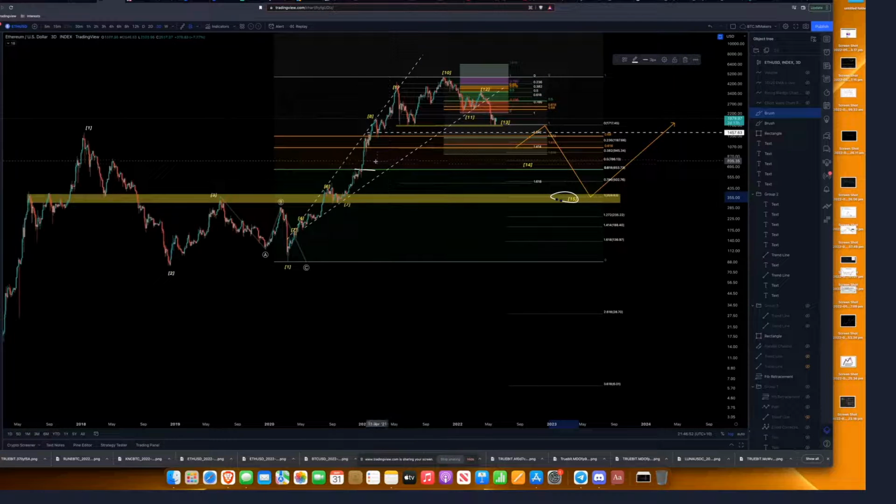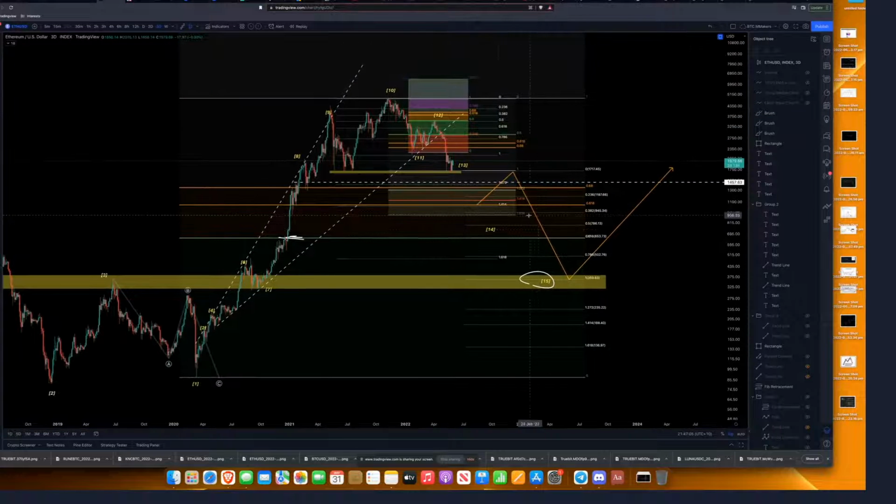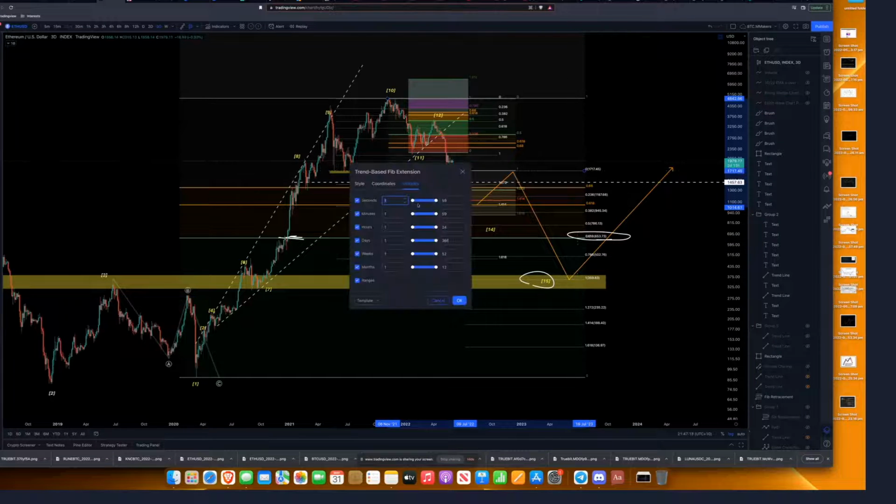You got to remember that between this point and that point, there's hardly any volume. It just skyrocketed up. So if we look at it from a macro perspective, I have levels. I have this 618 level first. How do I conclude? How do I get this level? If I was to do this,